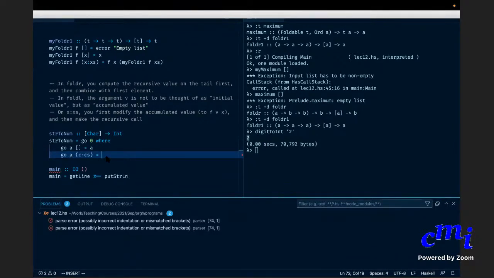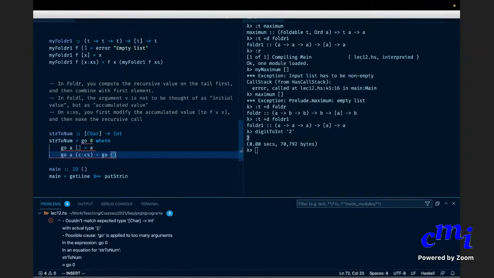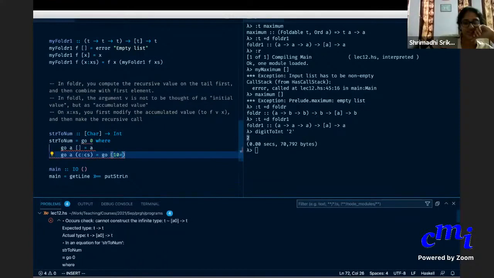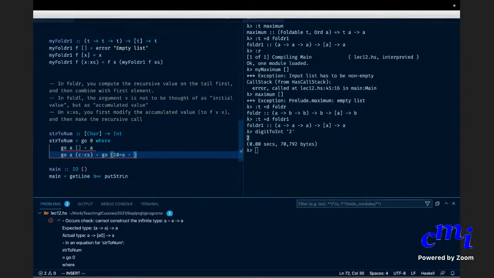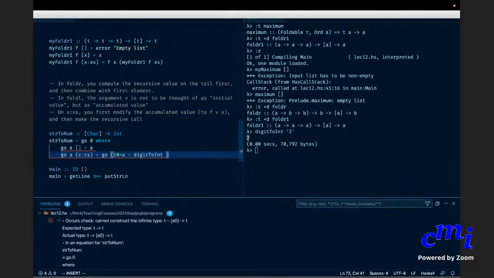So you want to do go of the modified value. What is the modified value? How do you add a digit to the right of A? So you multiply by 10. Exactly, that's all. 10 times A plus digit to int of C, on C's.